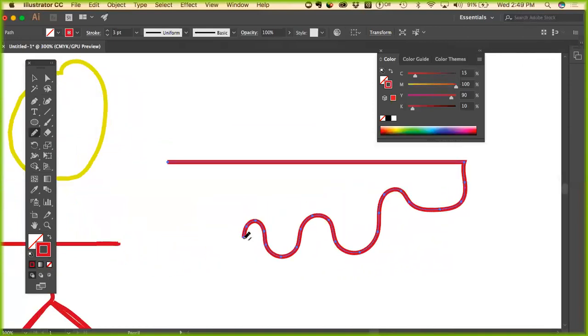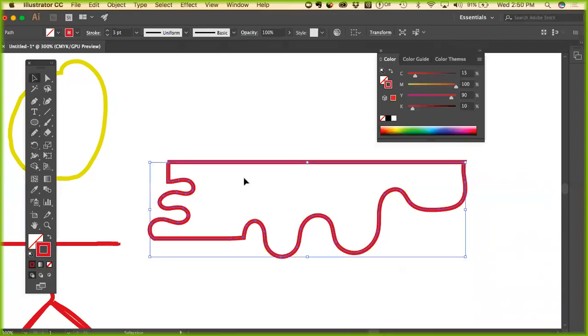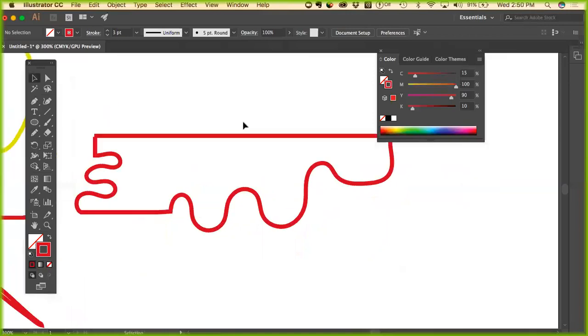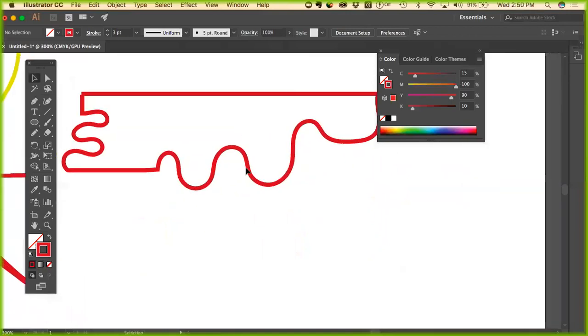And then when you hover over again, you can hold down Shift, you can draw straight, and it puts it there. And then you can draw curvy if you want to. Hold down Shift, straight, and it goes up again. So it's really easy to alternate between curvy shapes and straight shapes. And also, one more thing